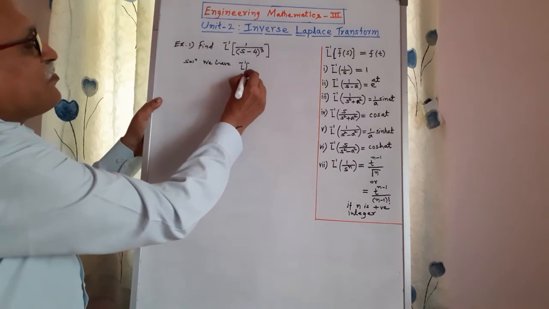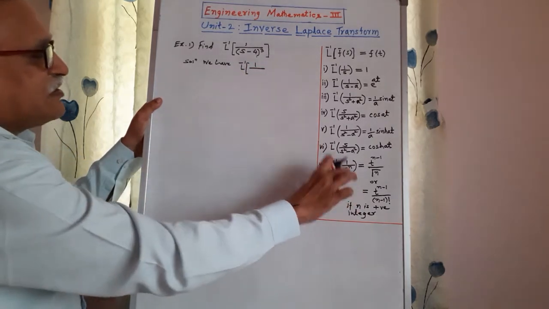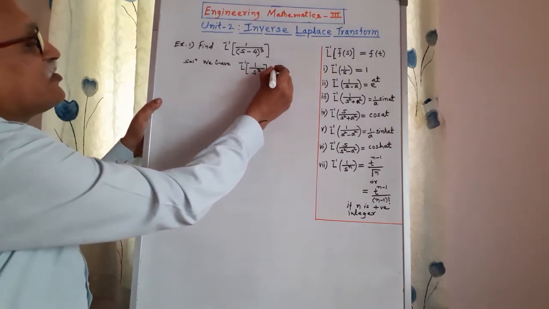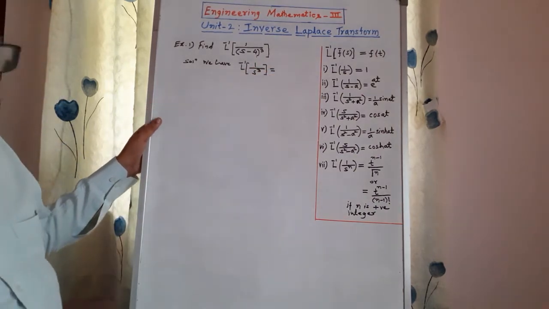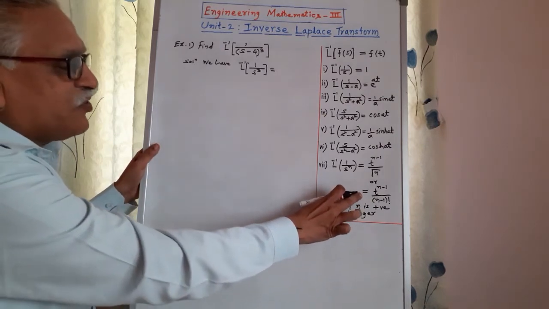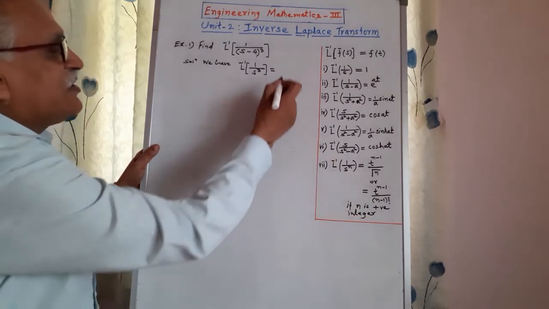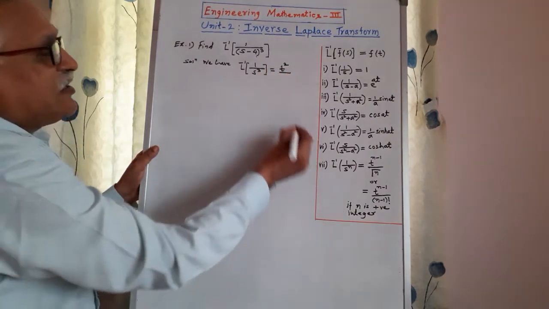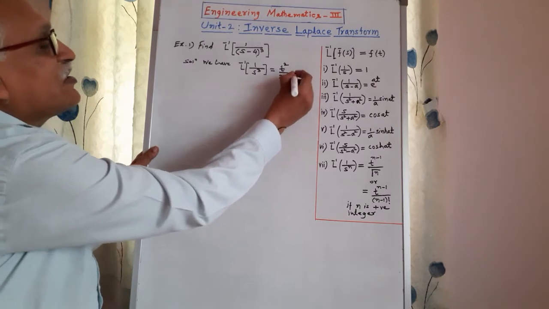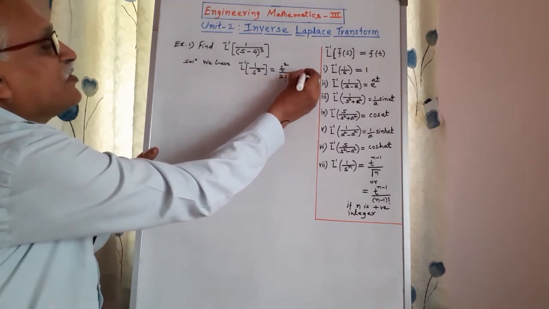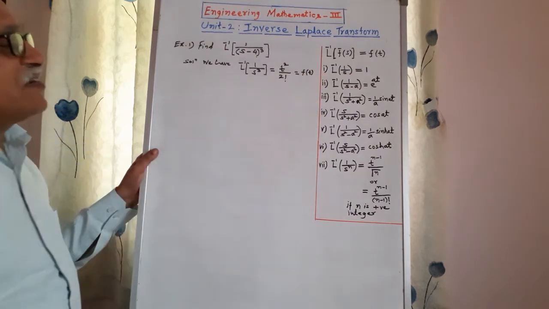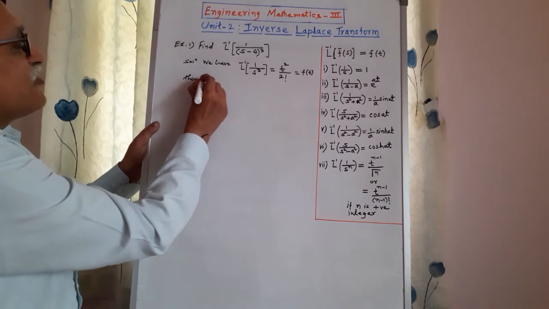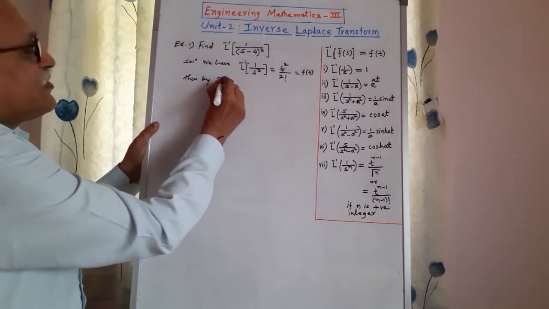inverse Laplace of 1 upon s raised to n. Here it is s cube. N is a positive integer, and as n is a positive integer, we apply this one, t raised to 3 minus 1, that is 2, divided by 2 factorial, and we call this f of t. Okay, then by shifting theorem,